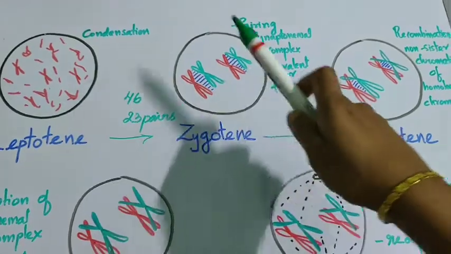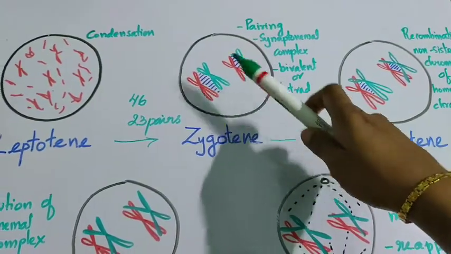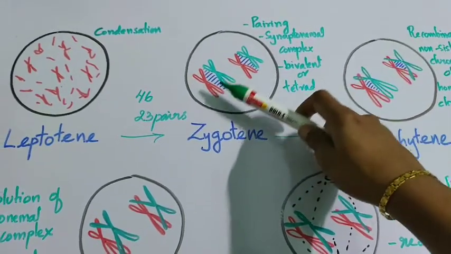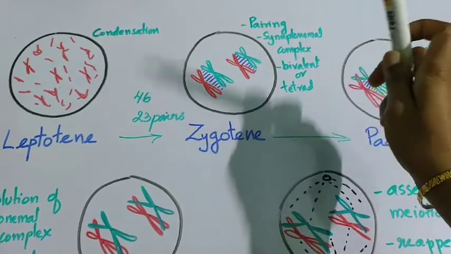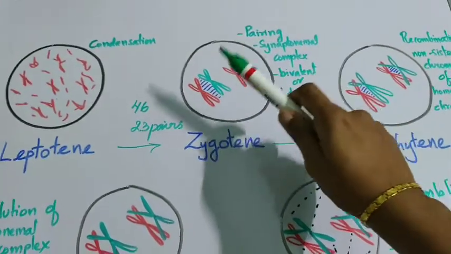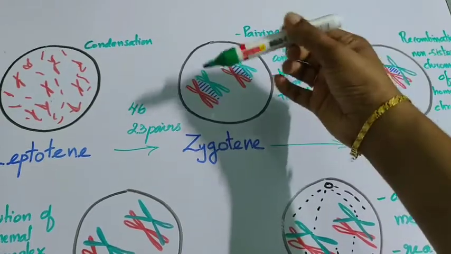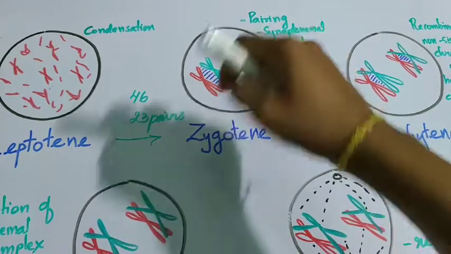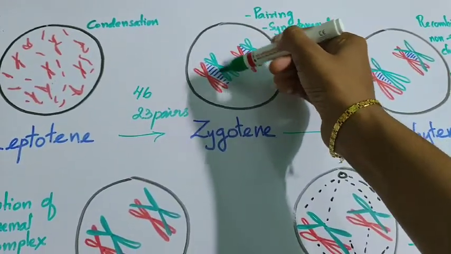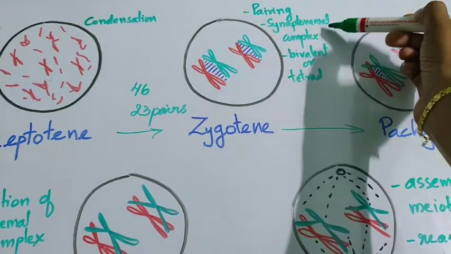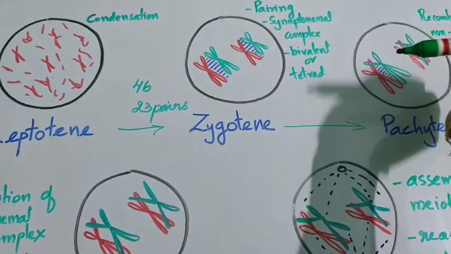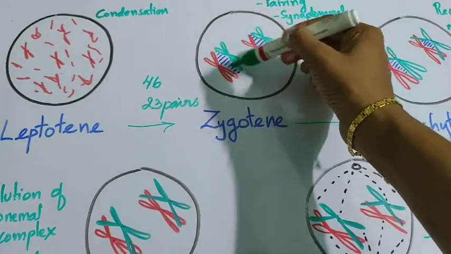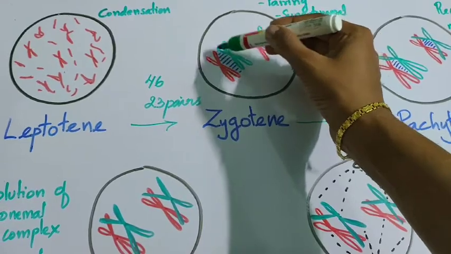After condensation, the chromosomes which are separate start pairing. Now this one pair is called homologous chromosomes. Once pairing has begun, once they are done with the pairing, a complex is formed in between them, like cementing, like a zip being fastened. What you see here with the blue line is called the synaptonemal complex. What is the synaptonemal complex? Something which binds the two components of the pair together.